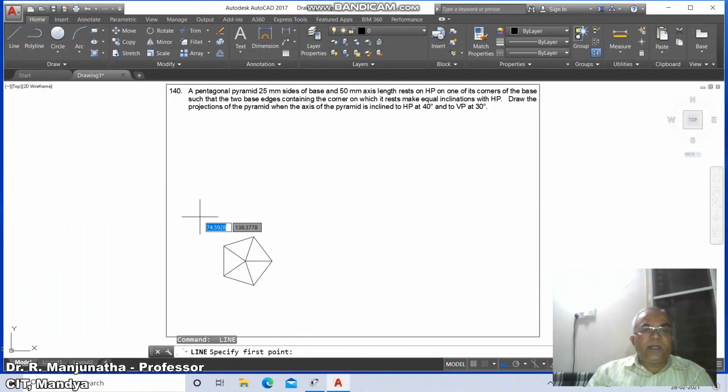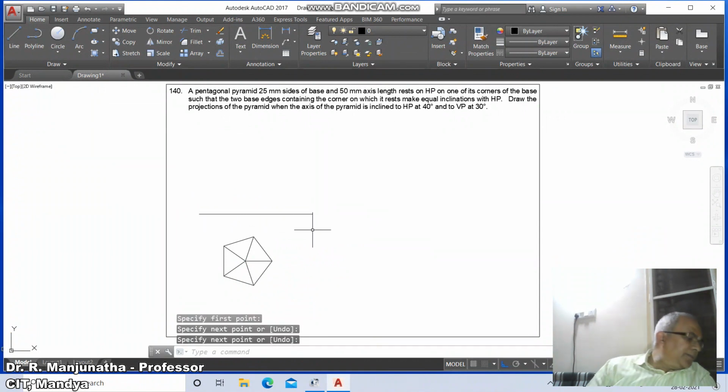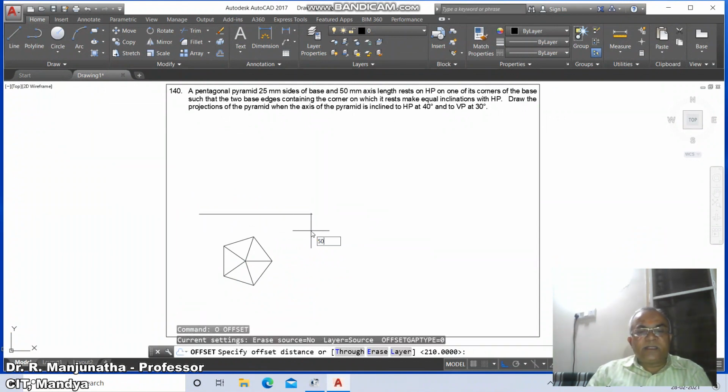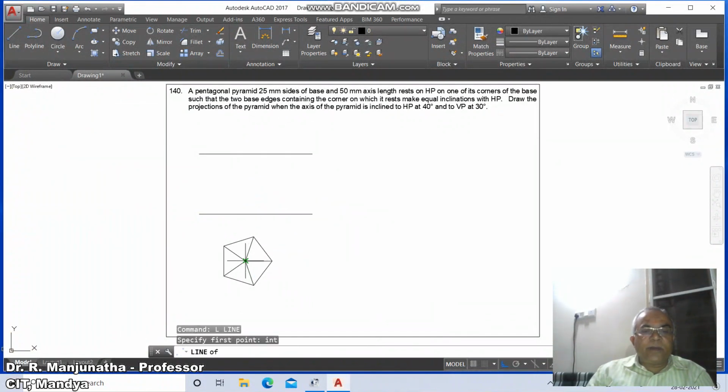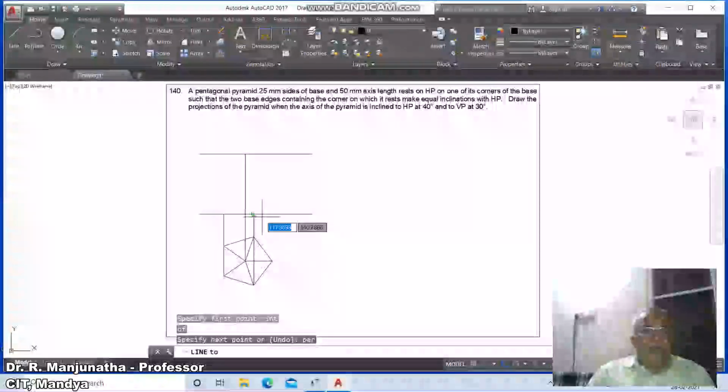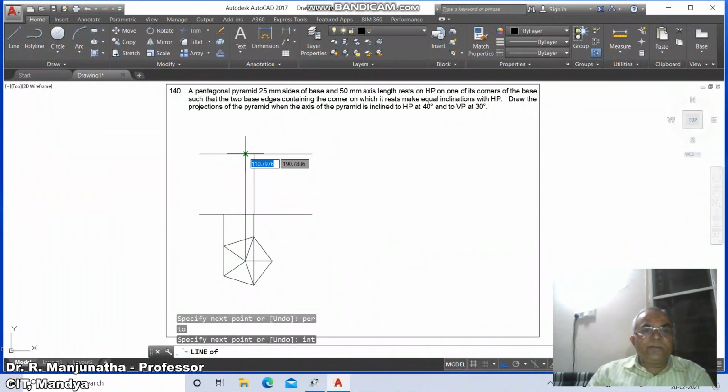Then go to line, draw a horizontal line and take offset, take the distance as 50 and you select this line, draw a line from INT of this and perpendicular to this. Similarly, line, INT of this and perpendicular to this, and then line, INT of this and take perpendicular to this and take INT of this and take intersection point of this.